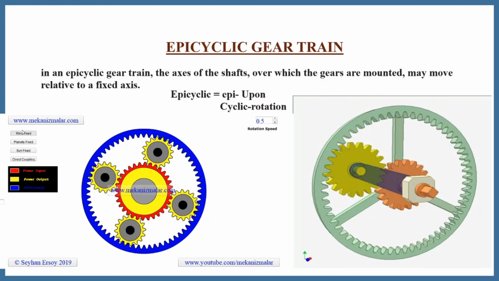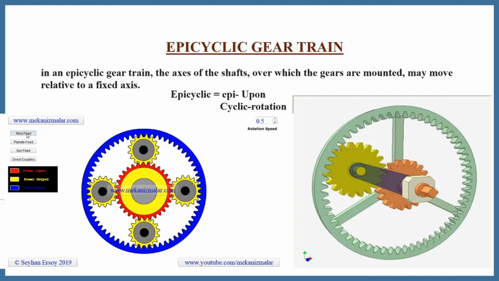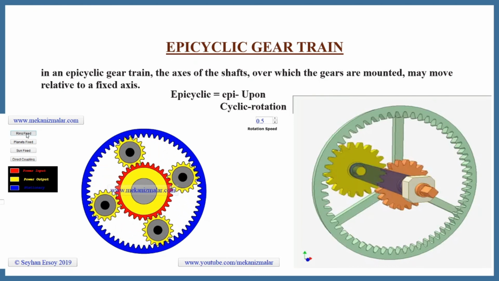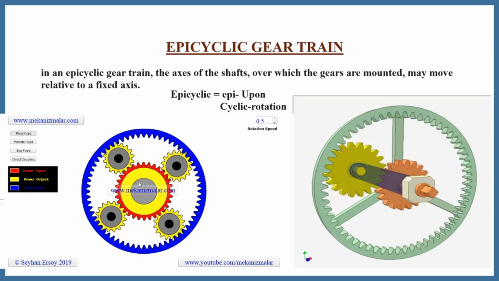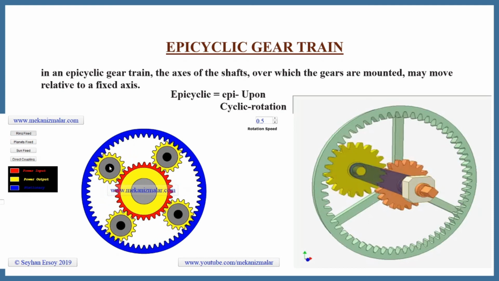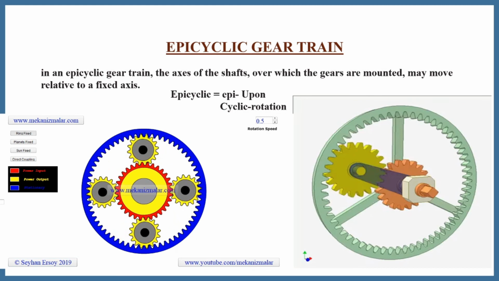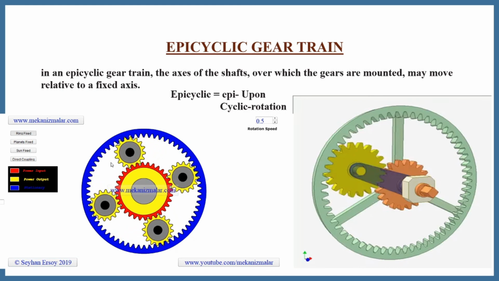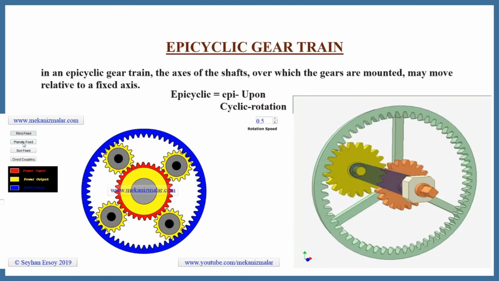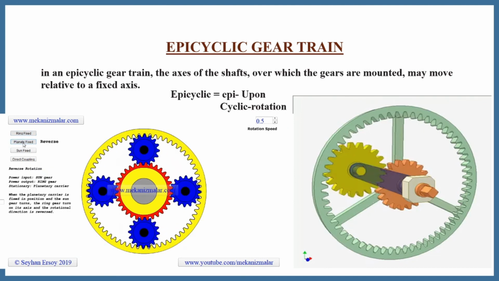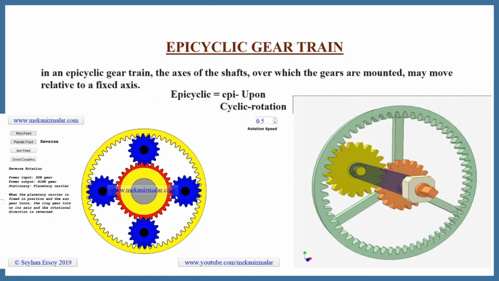Okay, now when this ring is fixed, just try to understand, we'll find this rotation as this gear rotates, which allows these gears to rotate. Actually there is some connection, and because of this we'll find the rotation of this gear train. When these planet gears are fixed, that means it is just like the simple gear train.